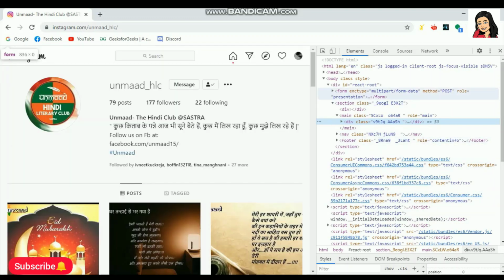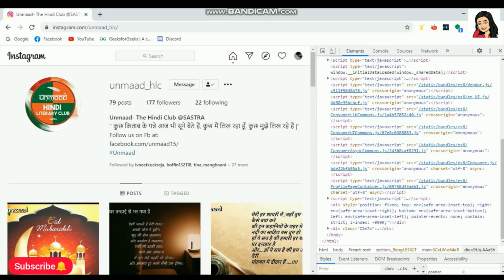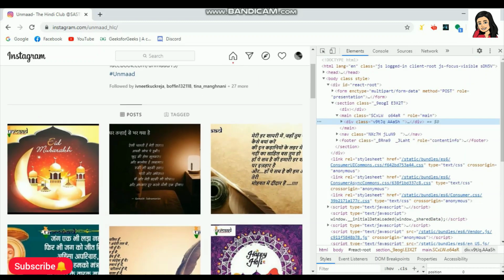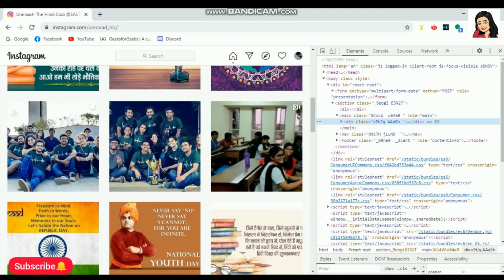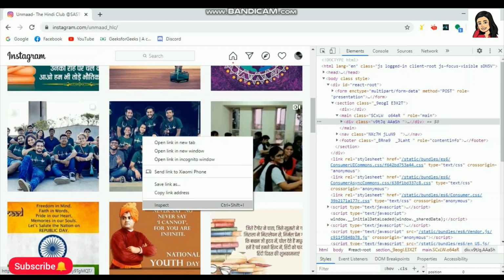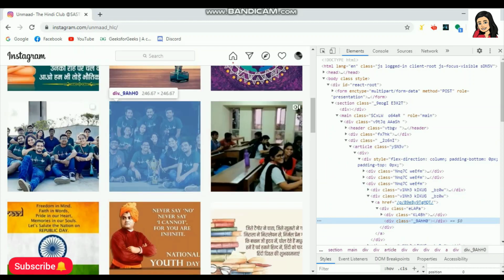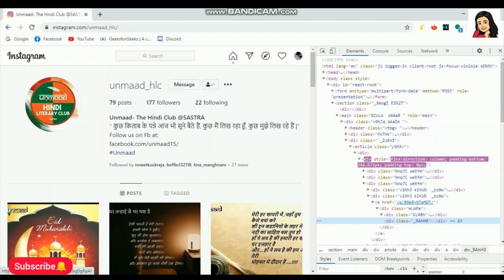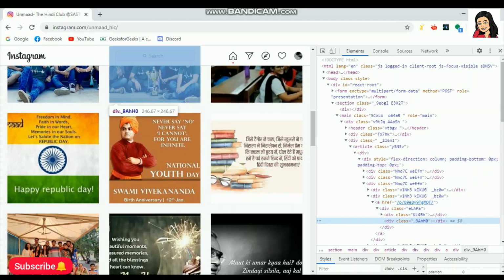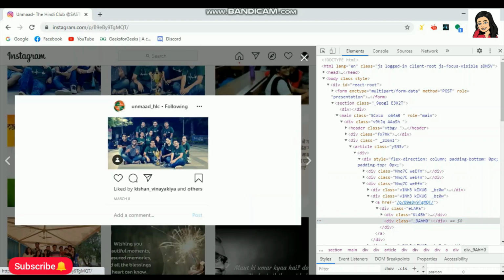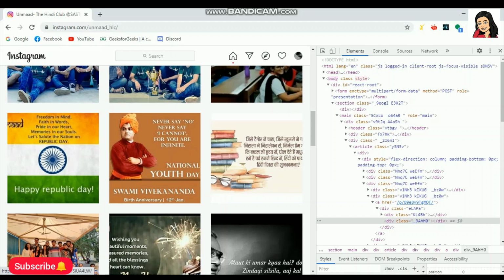So here is the HTML and CSS code, and if you want to access a particular image or an element or a button, all you gotta do is go to that particular image, right click and inspect. As you can see, this particular image comes under the class _9ahho. So in code, we are going to tell the computer to come to this web page, search for the class _9ahho, and click on that particular image and like. Let's get into the details of what the computer has to do step by step.